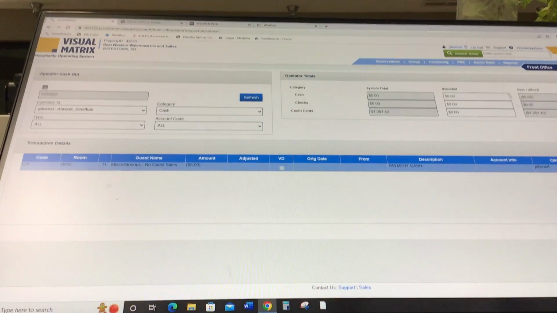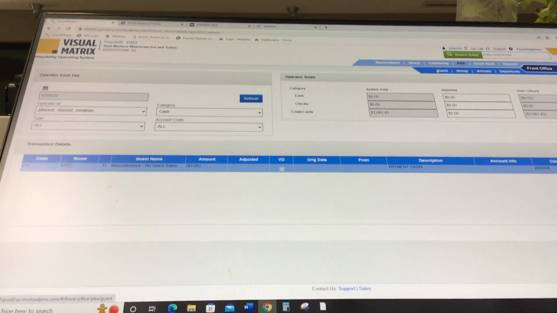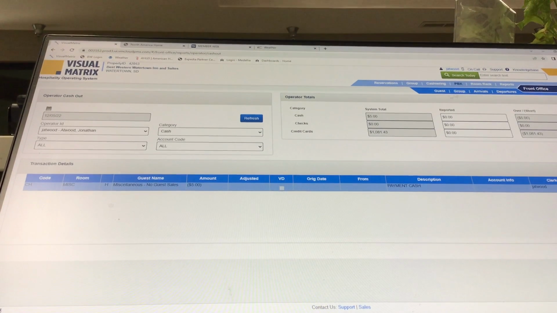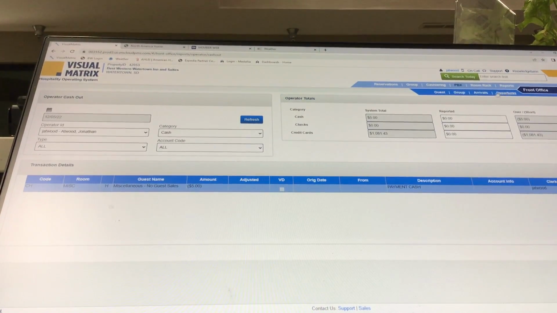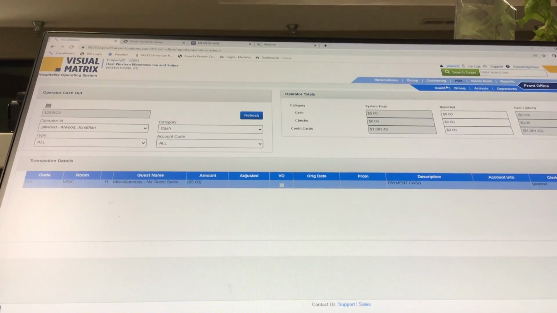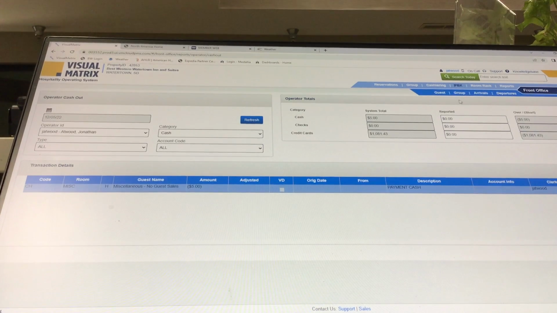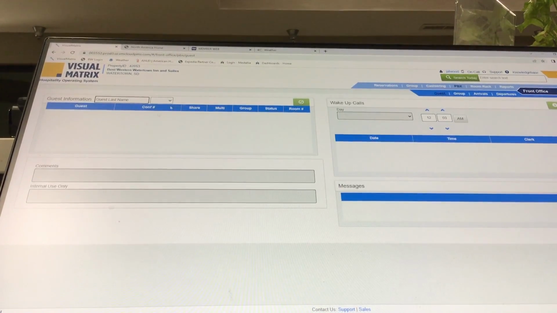So again, these are the reports that you should be printing out. There are some reports you can get off of PBX. You can print these if you want to, but I don't recommend it. It's an alternative, but I don't recommend it because you don't get as much information. For example, if we do guest, this is just for wake-ups. If we do arrivals,